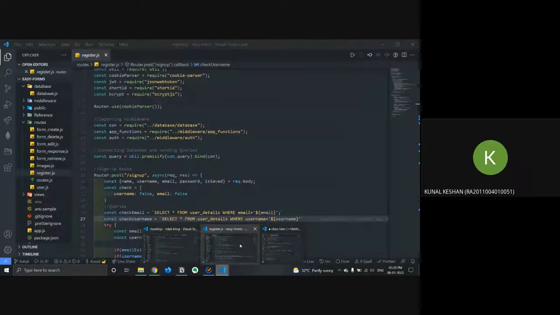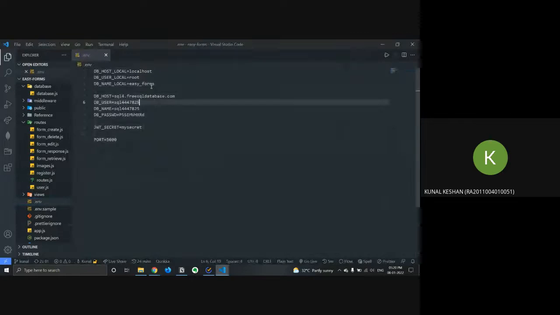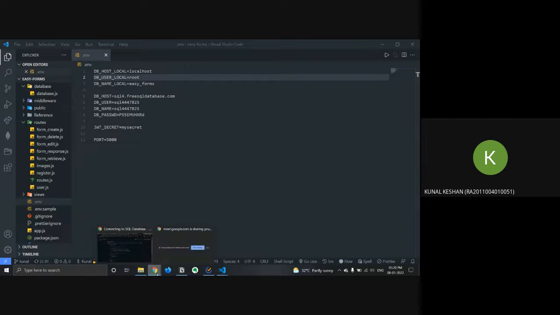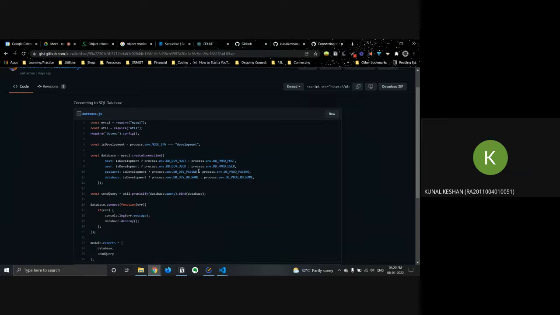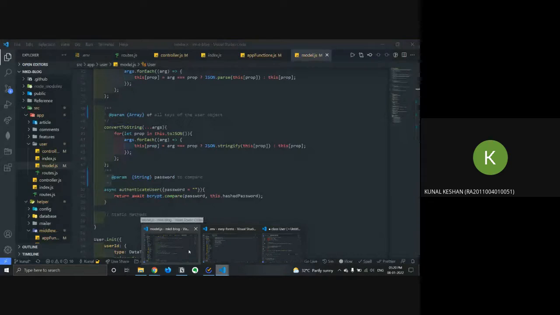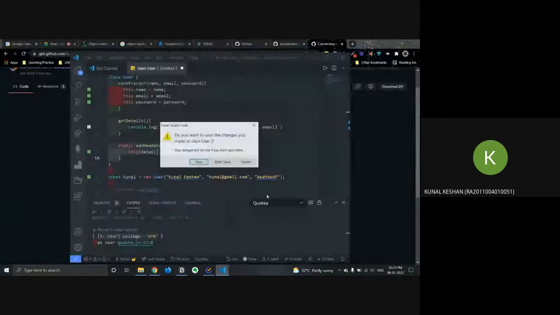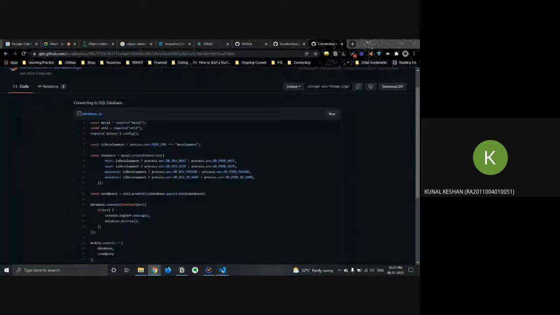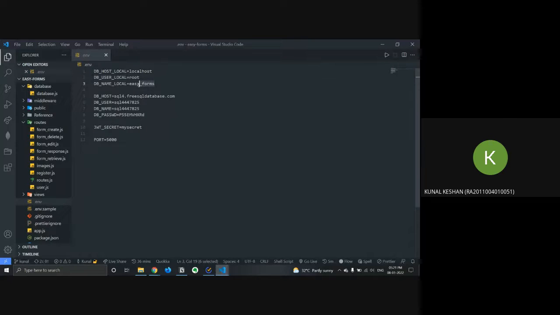Let me just show it to you. In this case, it is just your localhost over here. Your user in this case is root, and in your local environment, you have no password, so it can just be an empty string, or you can leave it empty as well. And your database is your database name that you'll be using. This is another project, so it has this one. In our case, it will be mkd underscore log, like that.